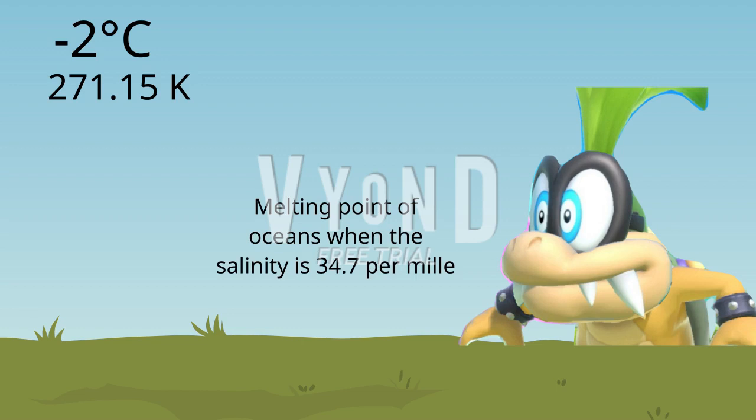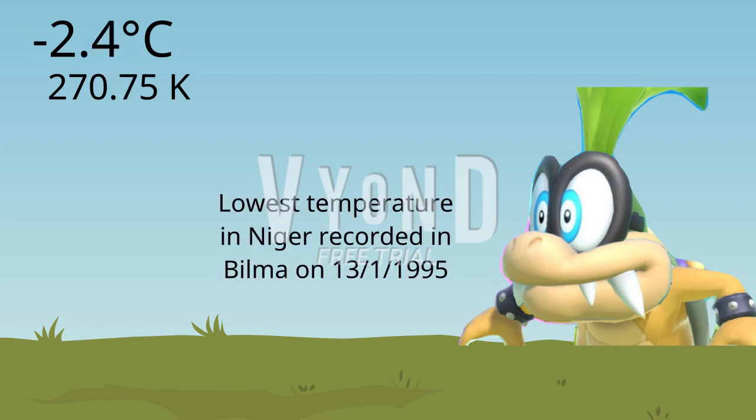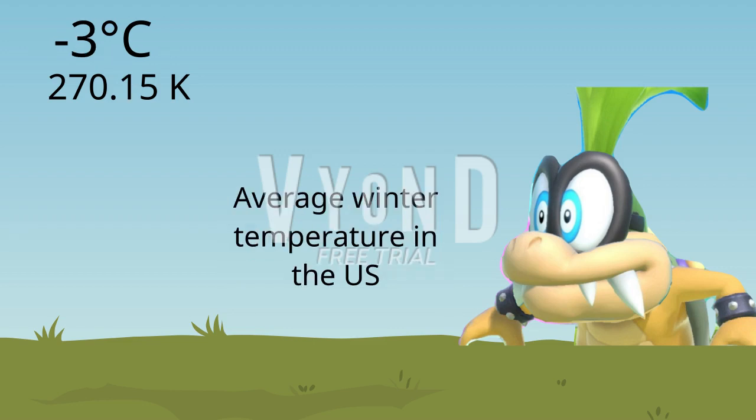The melting point of oceans when the salinity is around 34.7 per mil is minus 2 degrees Celsius, or 271.15 Kelvin. The coldest temperature in Niger is minus 2.4 degrees Celsius, or 270.75 Kelvin, recorded in Bilma on the 13th of January 1995. The winter in the United States is minus 3 degrees Celsius, or